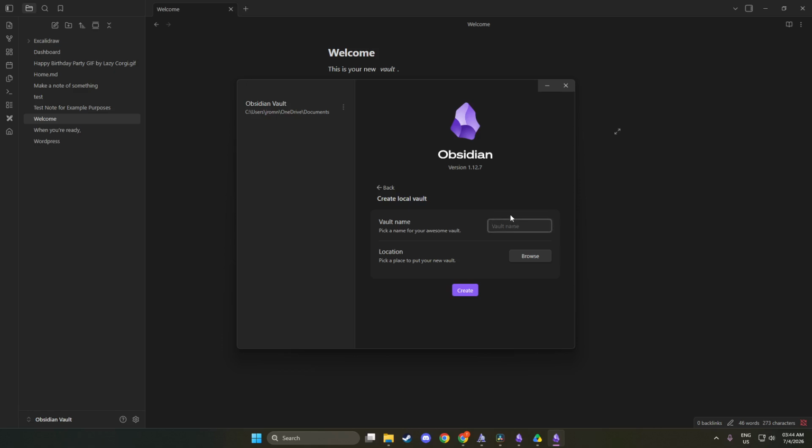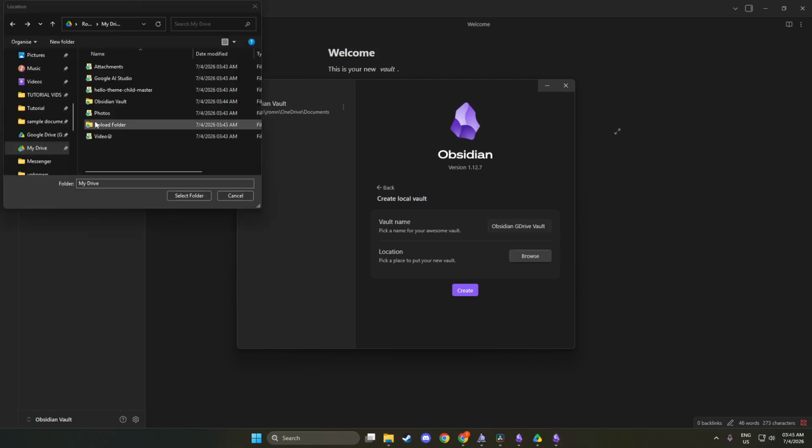Set the vault location to your newly created folder. You will need to navigate to Google Drive, then select the Obsidian Vault folder you created earlier. This step ensures that all your notes are saved directly in Google Drive. It's a vital action because it links your notes to the cloud, providing that extra layer of security and accessibility.